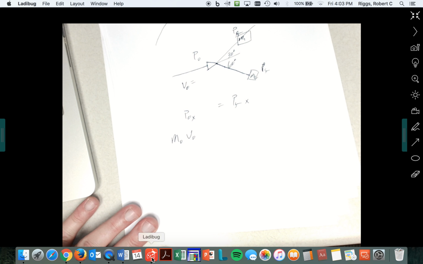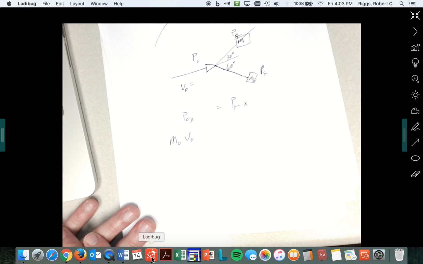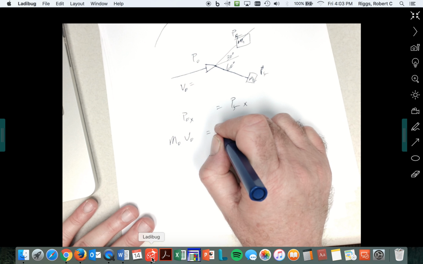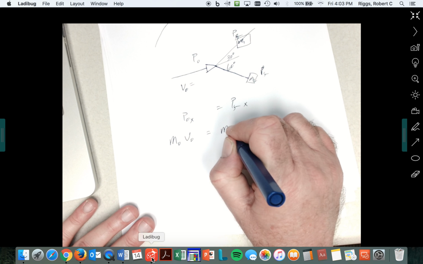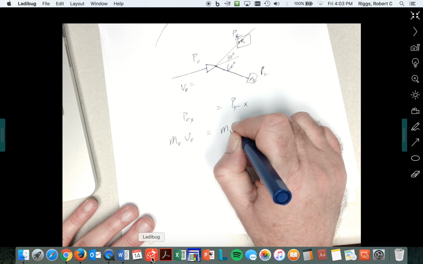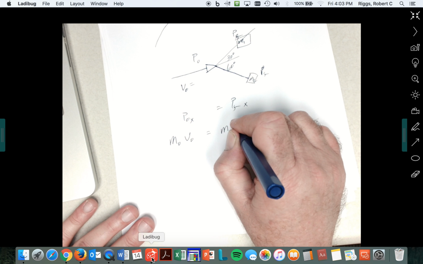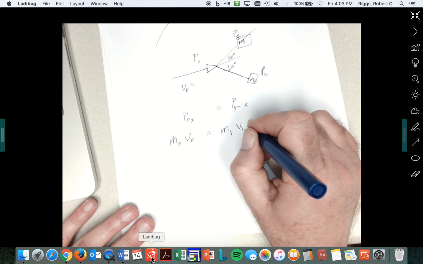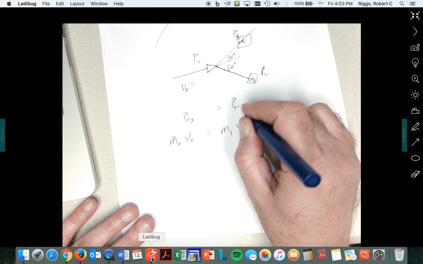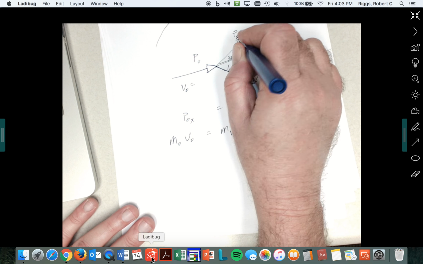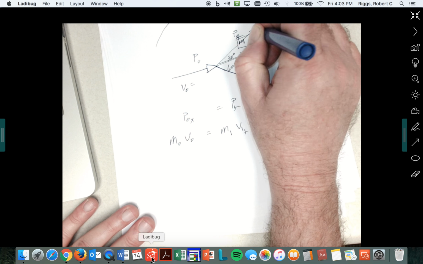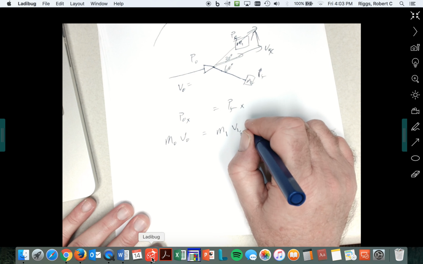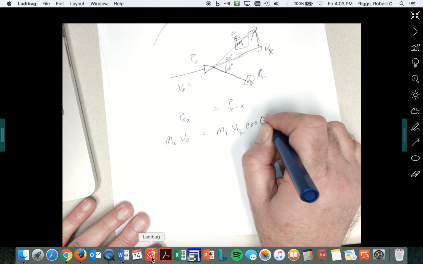That's all going in the x direction, so that's all fine because we've rotated it, and it is equal to m1 times v1 final times the x direction part of this vector. What would that be? Cosine of 30. You're right. Plus